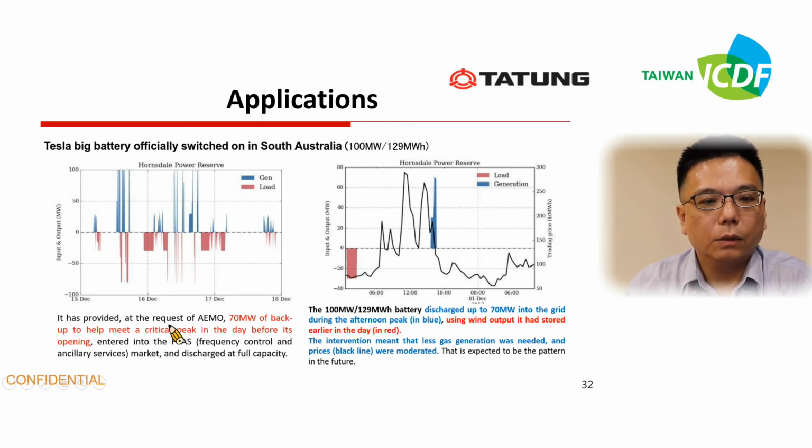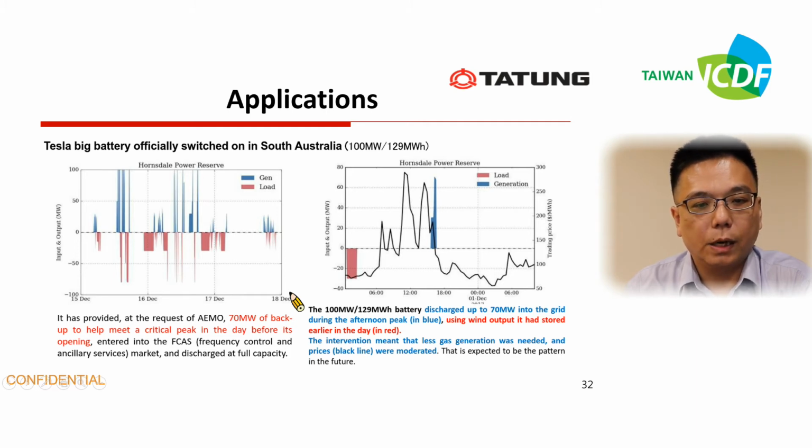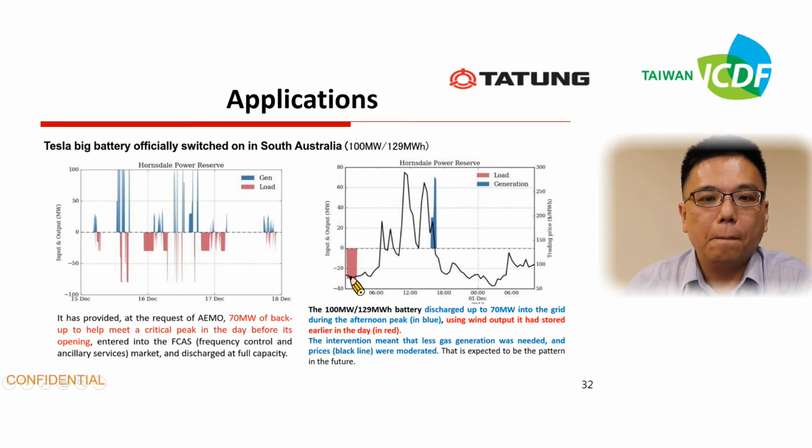So it can provide a required 70 megawatt of backup to help meet the critical peak in the day before it opens. It enters into the frequency control and ancillary service market and discharges at full capacity. And you can see this one, when the load is low at night time, the battery system can adjust the energy, and you can discharge the battery to the grid and balance